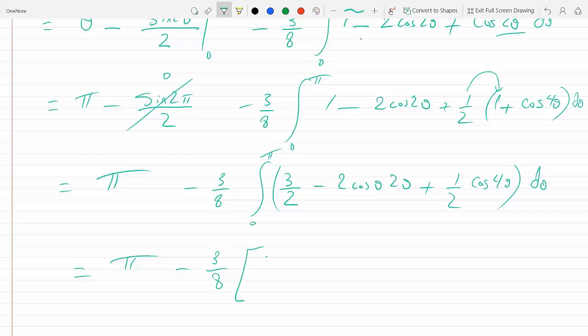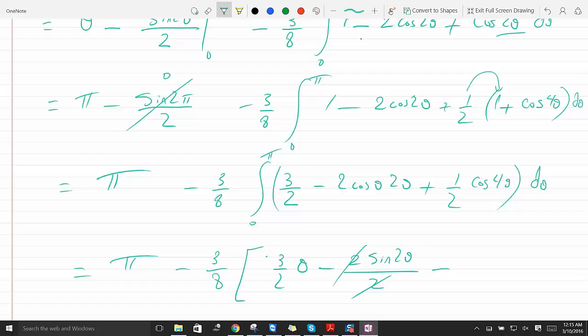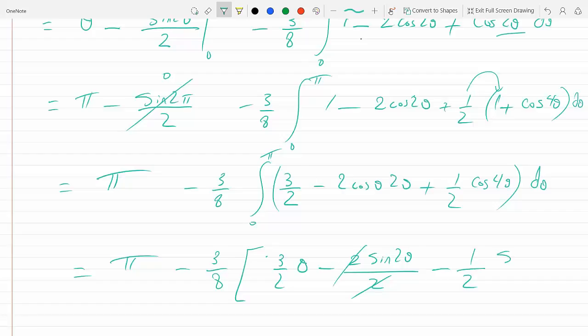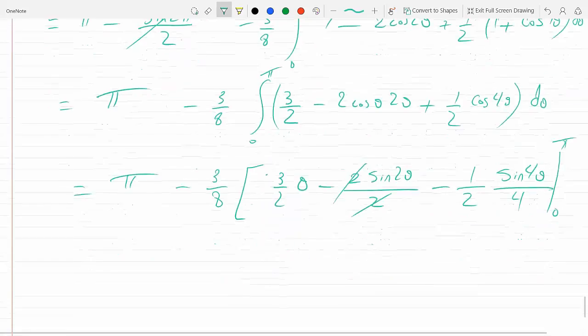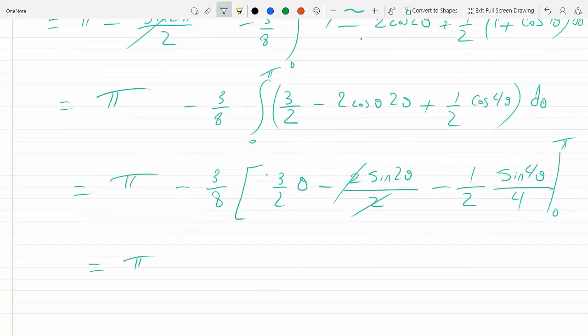Let's open gate here: 3 over 2 theta, minus 2 sine 2 theta over 2, we can cross these out, and then cosine is minus sine, so this becomes 1 over 2 sine 4 theta over 2 over 4, sorry, chain rule, and this is from 0 to pi again, so we're going to get pi minus 3 over 8, yeah,